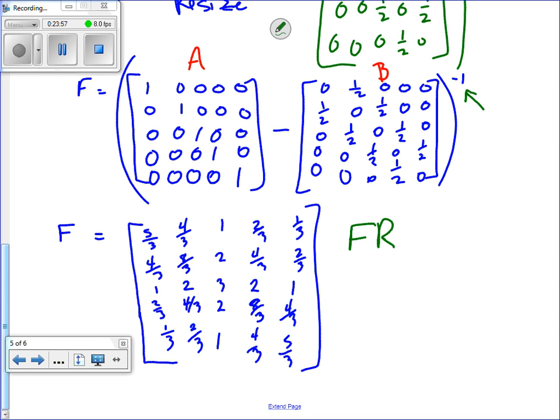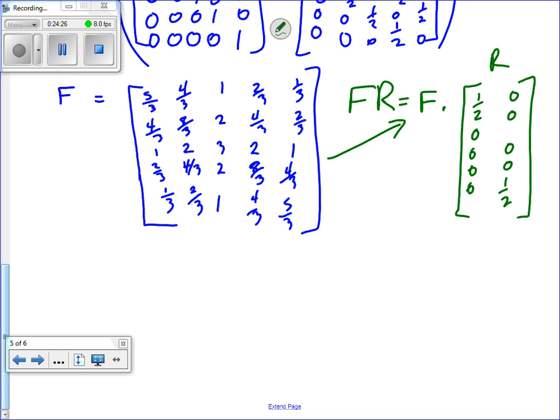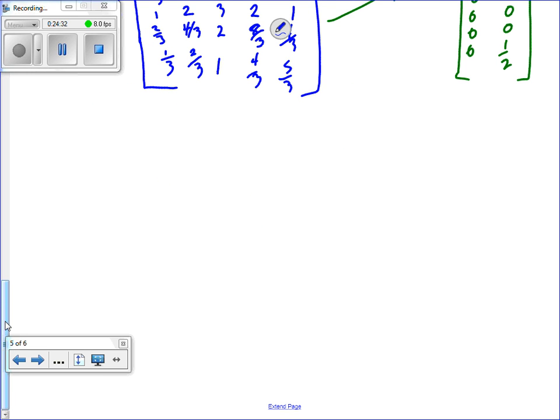So we already have F, it's over here. So I'm going to say this is matrix F, and then I'm going to multiply that times R. R looks like 1/2, 0. And I'm going to multiply that out. This is a long one. So we get